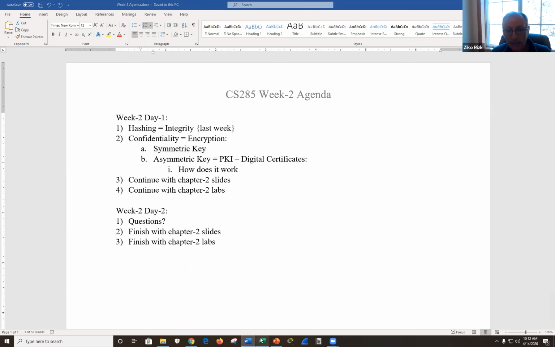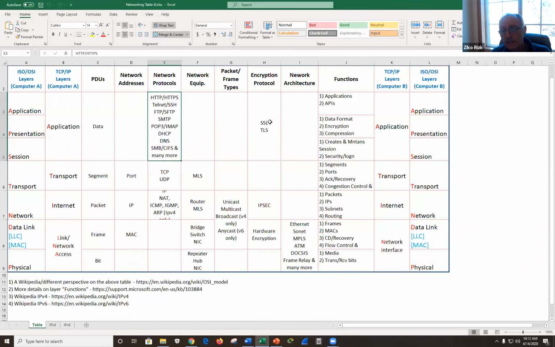And I want to come back here for a second. We have these encryption protocols. So we have SSL and the newer protocol TLS. And these run at the application layer, and the application has to call them. And then we have IPsec, and IPsec is also an encryption protocol, and it's very different.